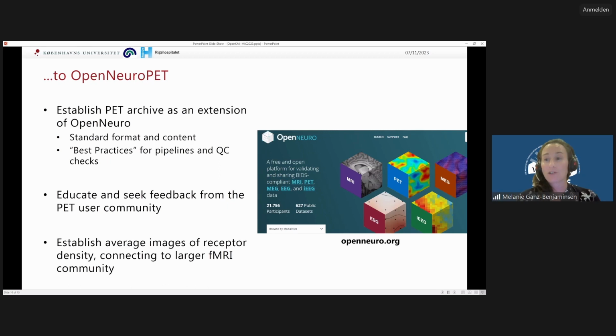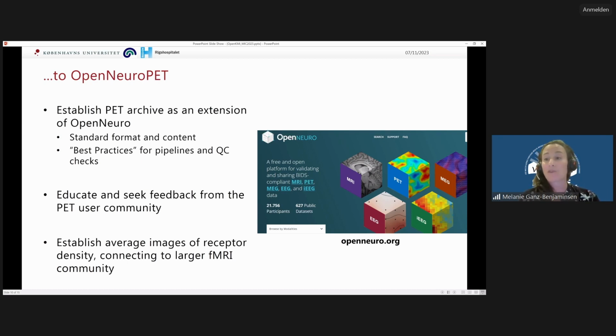And what we then wanted to do is to make sure that the PET data gets into this ecosystem. So in the OpenNeuro PET project, which I'll detail a little bit more in a second, we actually worked on making PET come into OpenNeuro and make a special place for it. So if you now visit the OpenNeuro homepage, it actually has different landing pages for the modalities. And here we then want to follow the standard format, so the PET-BIDS format, and also the content that we arrived at that we want to share and need to share.